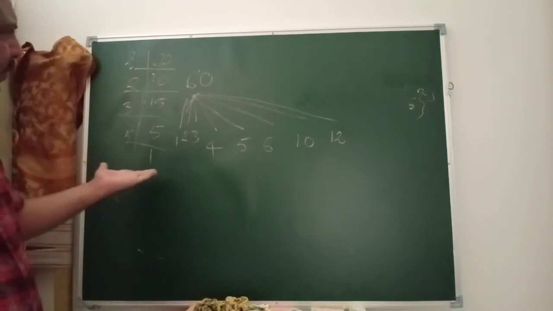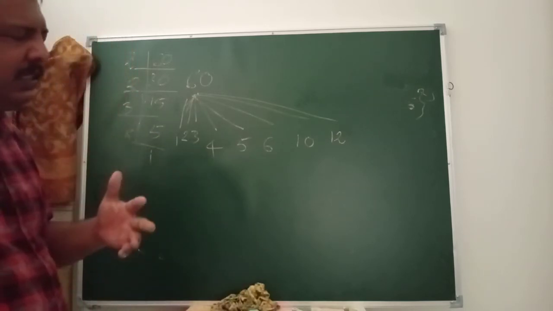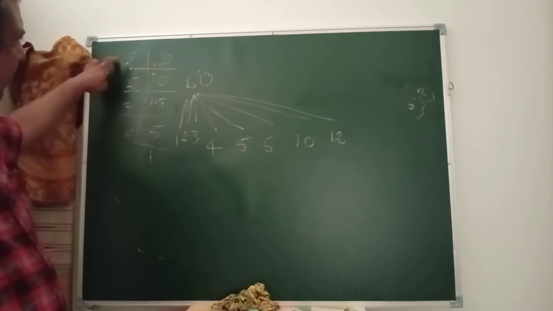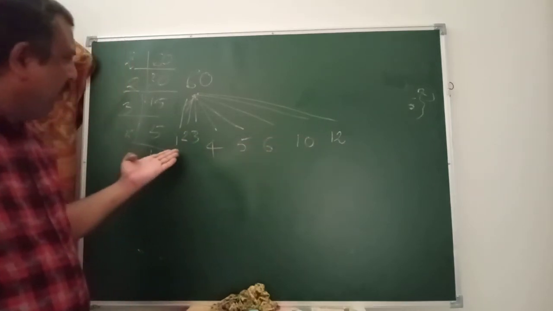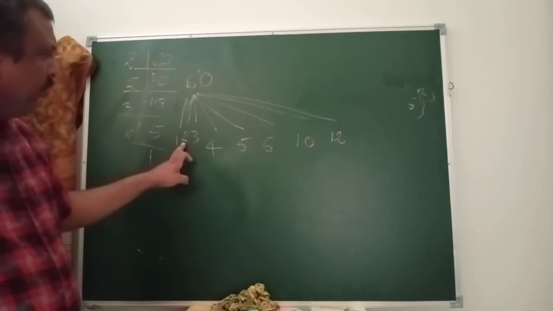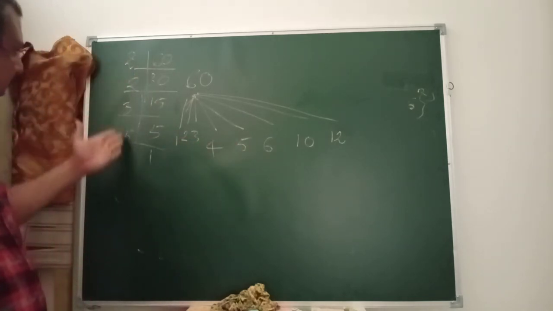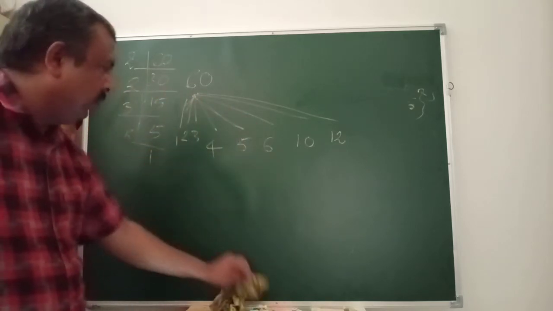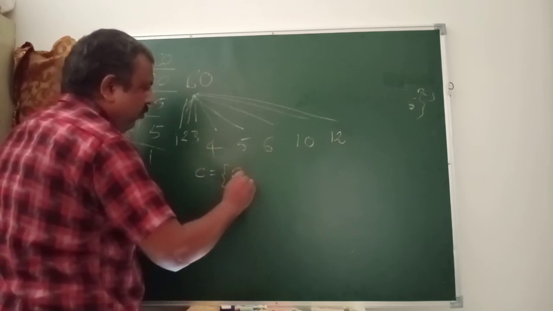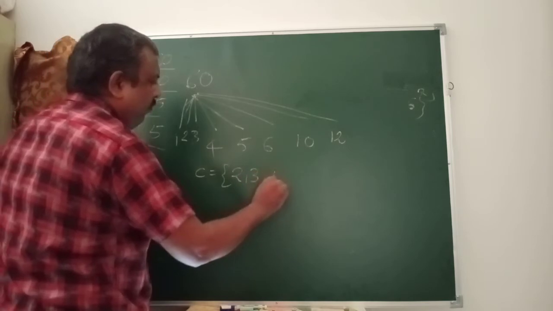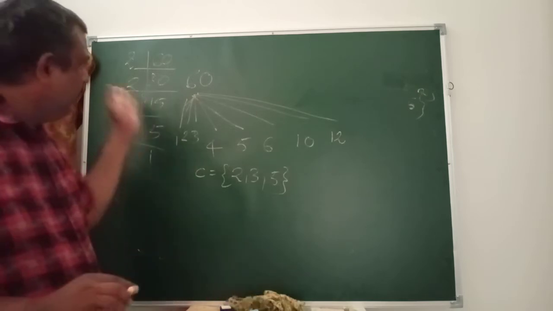Now your question was not this. The question is, comment about the prime factors of 60. So which prime factors can there be here? 2, 2, 3 and 5. And from here you can choose the prime factors. 1 is not a prime number. So 2 is a prime factor, 3 is a prime factor, 5 is a prime factor. So you can get the answer from this table or from the factors also. So just to write collection C: 2, 3 and 5. This is the best way to find the prime factors, this is only the prime factorization method.